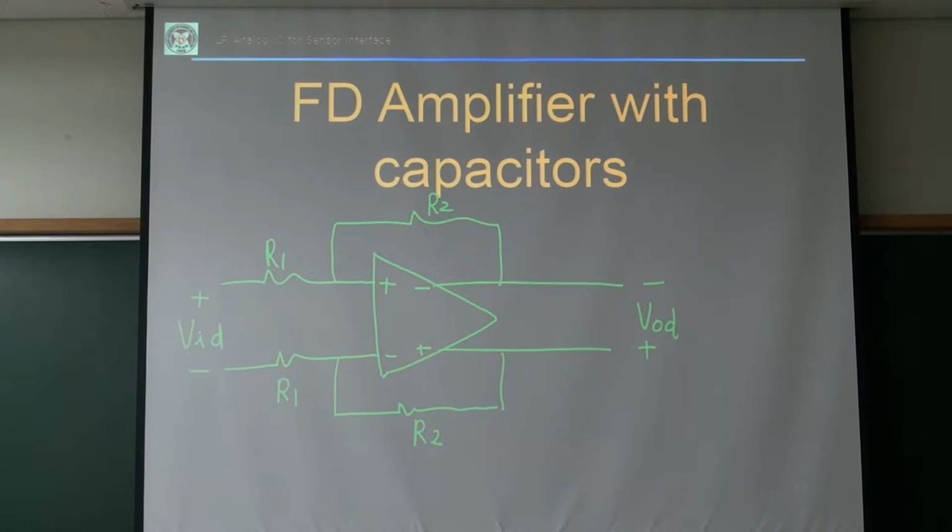If I assume this r_o is pretty small, very, very small, I mean r_o is much smaller than R2, okay? Then my differential output voltage will be